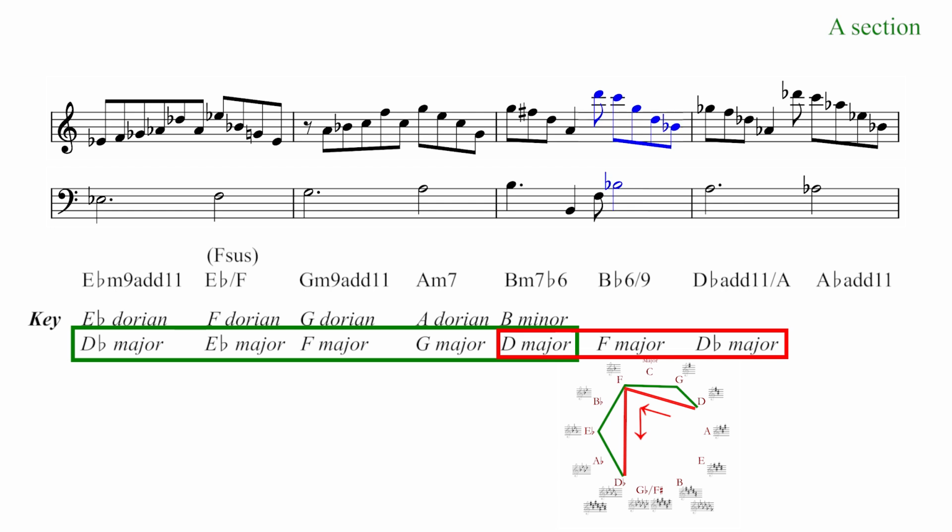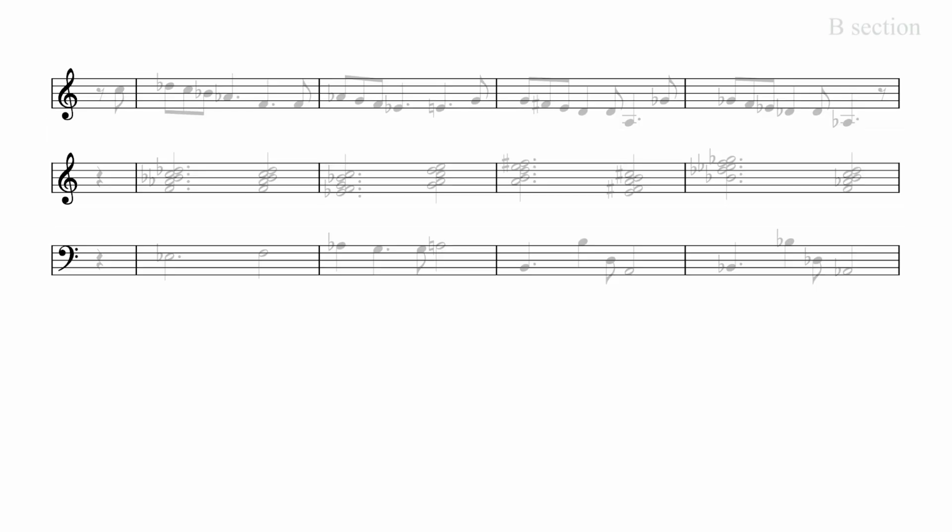To me, this B-flat 6-9 chord stands out as sounding particularly dark. As we'll see, there are a few places where this kind of harmony interrupts the bright ascending key changes used throughout the song. From here, we proceed to the B section. Vocals take over the melodic role while the piano plays some dense trebly chords.